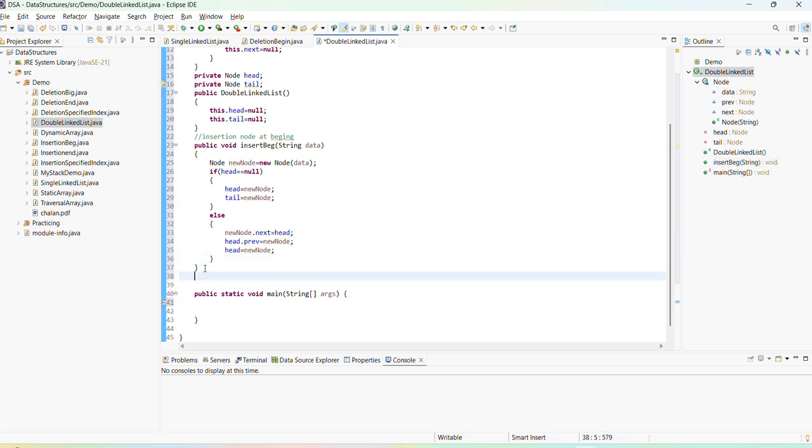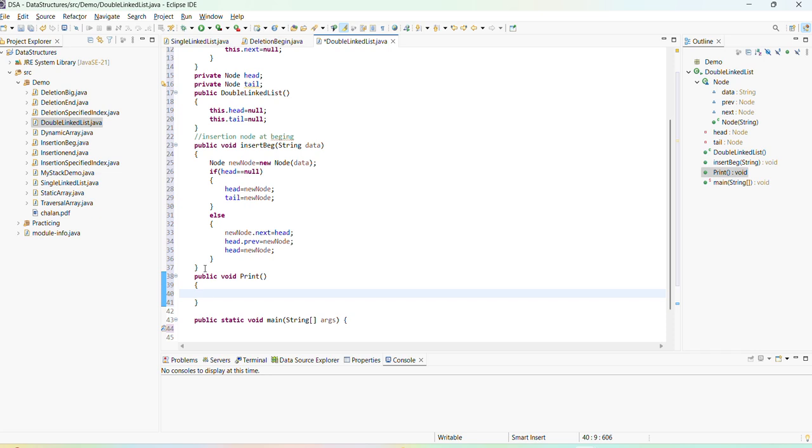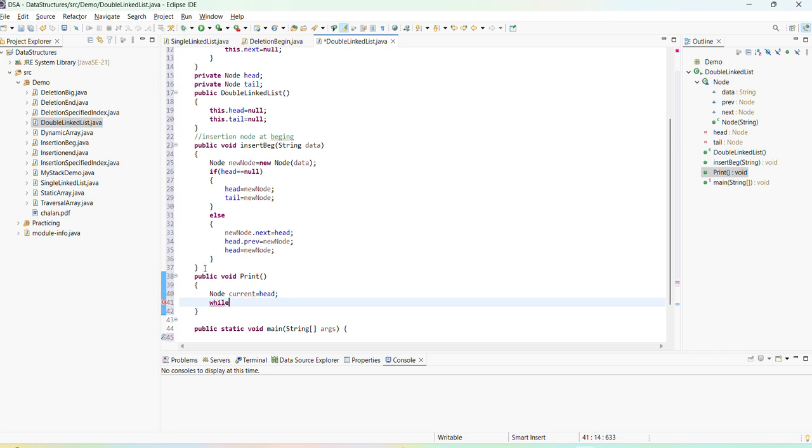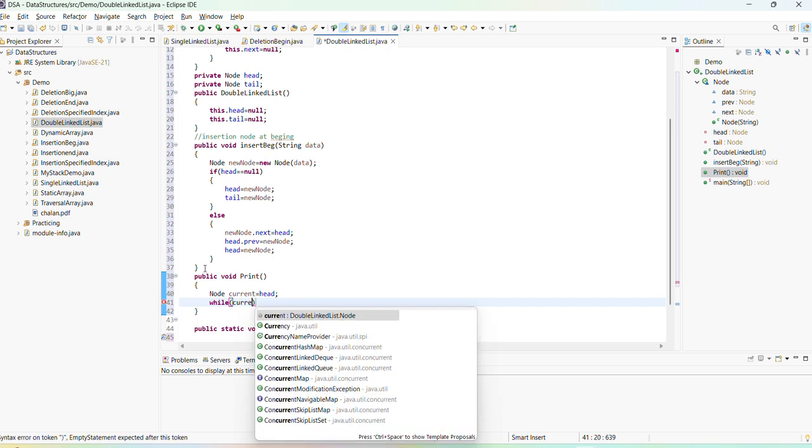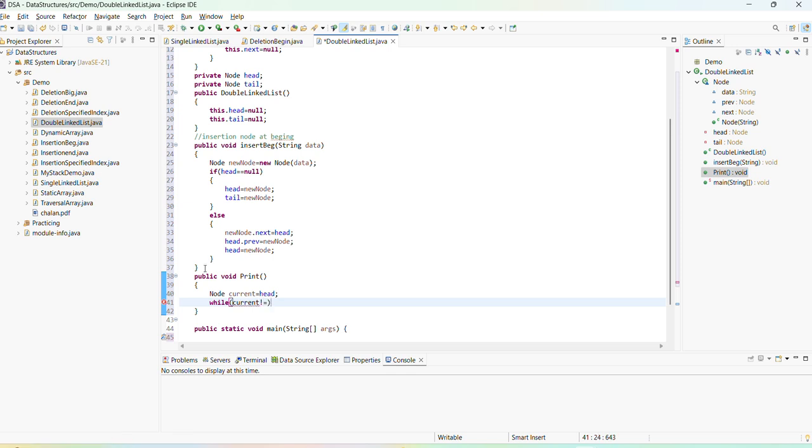And after that, to print all the elements, I am taking the print statement. So public void print method. After that, I'm creating one node, current node, initially equal to head. After that, I'm taking the while condition: if current is not equal to null, then